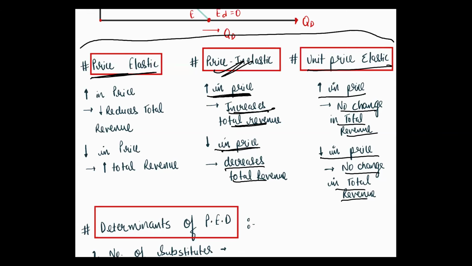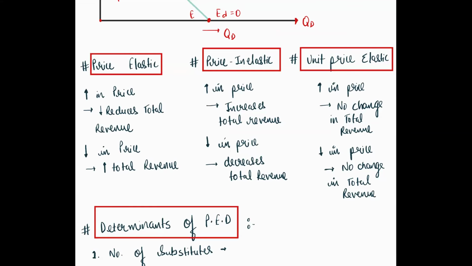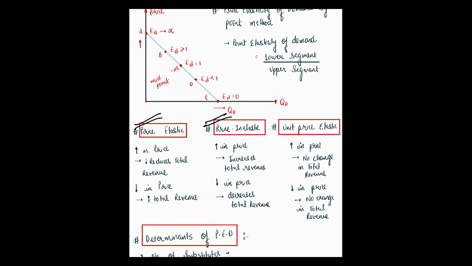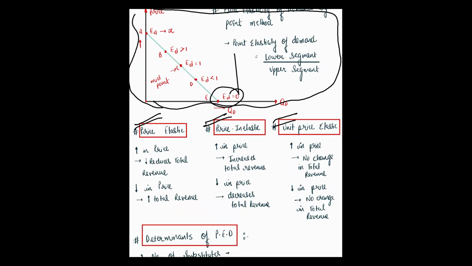Just because the previous year questions have been asked with these 2 points, you should remember these 2 points regarding the total revenue, because I have seen the previous year questions regarding it. So now this is in IFSC and SEBI paper. So you should remember that while coming from upward to downward, elasticity decreases from perfectly elastic, from ed equal to infinity to ed equal to 0 it is becoming inelastic. So earlier I used to say wrong, so I am just correcting it.